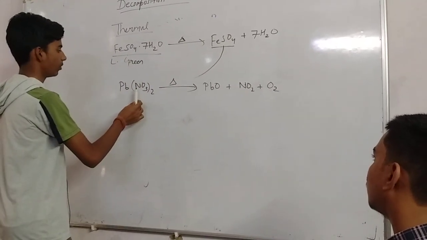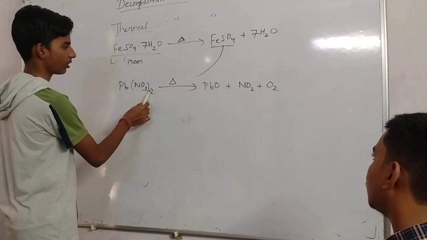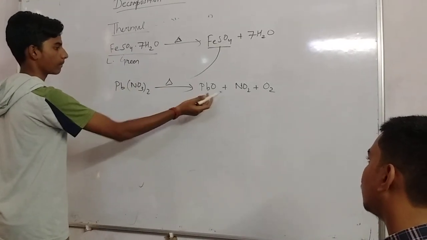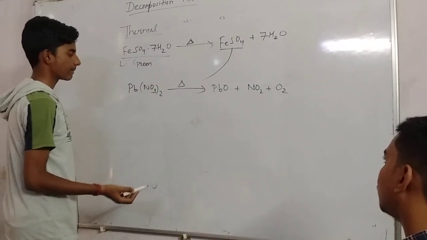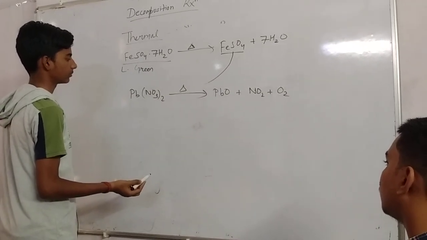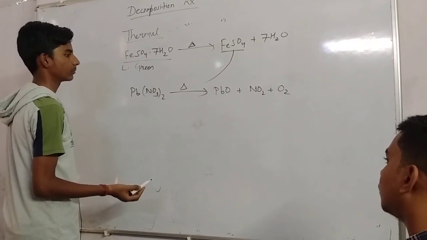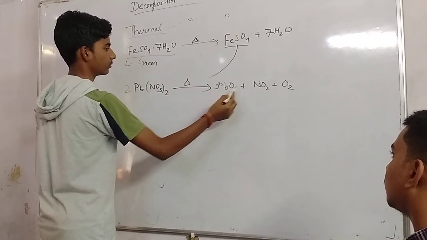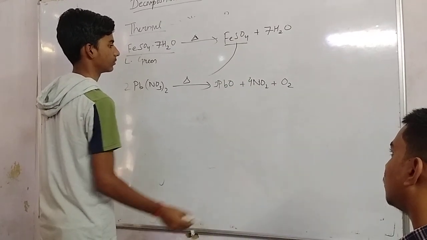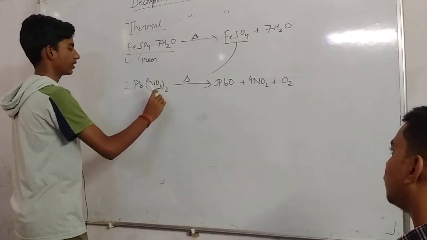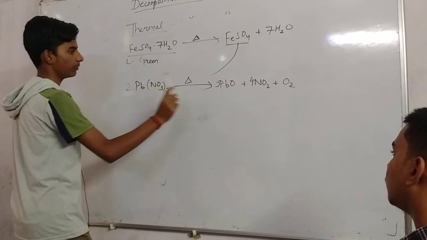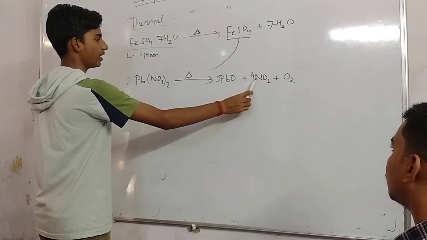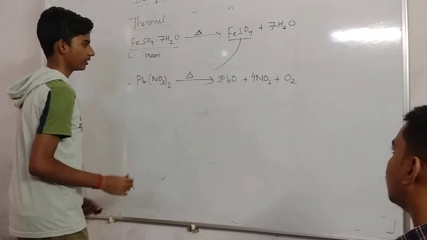To balance it, we will see that here is 6 oxygen, here it is 2, 2, 4, 1, 5. Just you should memorize this one, because to balance it, it will take time. So what you need to do, before the Pb(NO3)2, you write down the 2. So here it will be 2 PbO, and NO2, that is 4 times. Now count out. Here it is 2 Pb, 2 Pb. Here oxygen is 3 to the 6 to the 12. Here oxygen is 8 plus 2, 10 to 12. And N is 4, 4. Okay. So it is balanced.